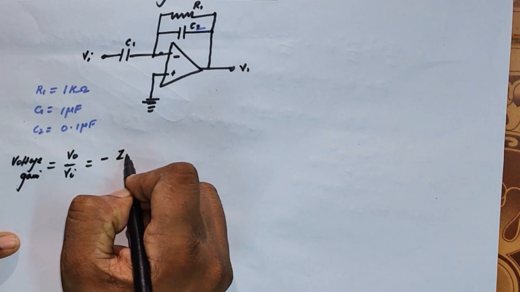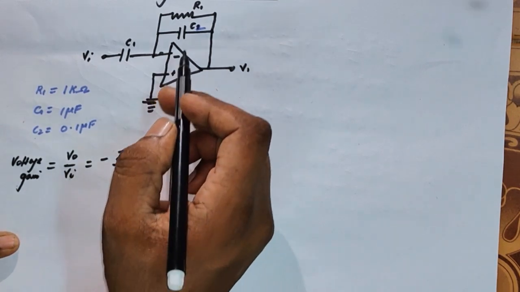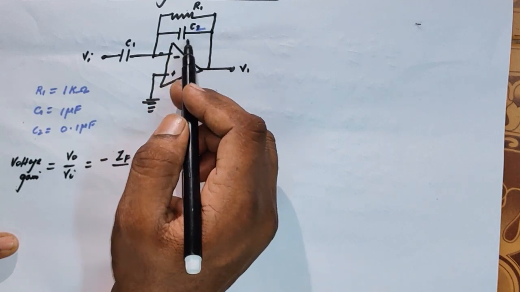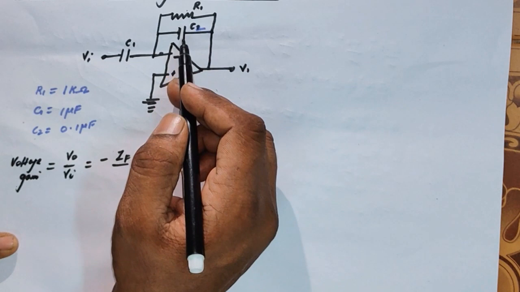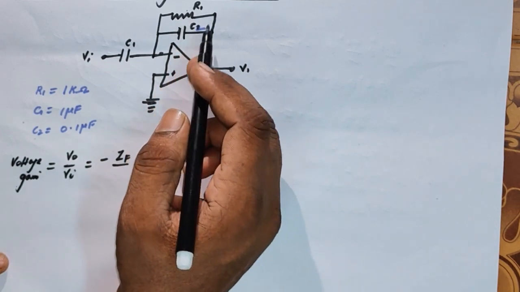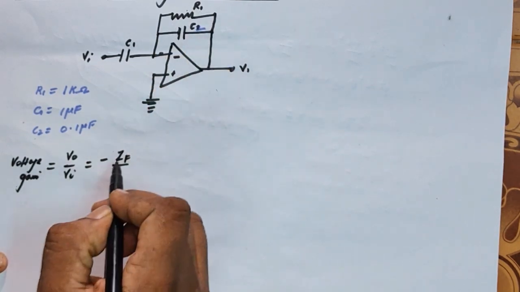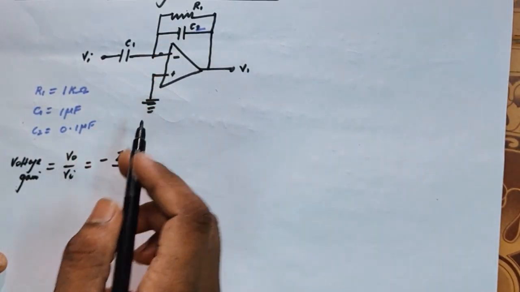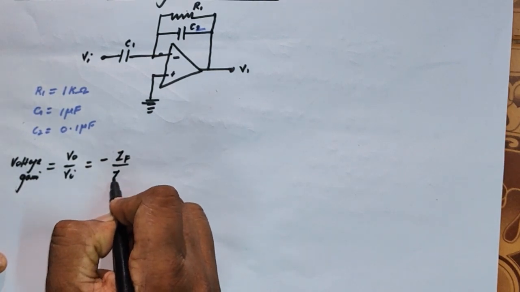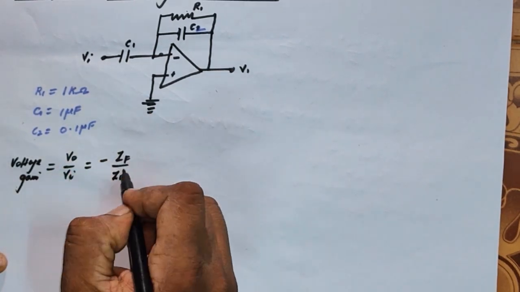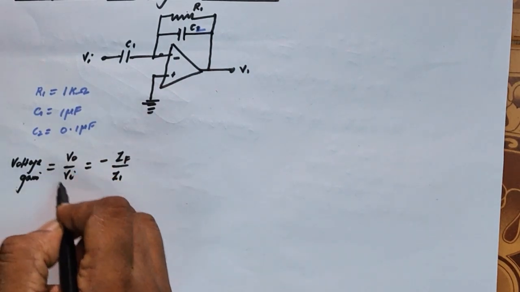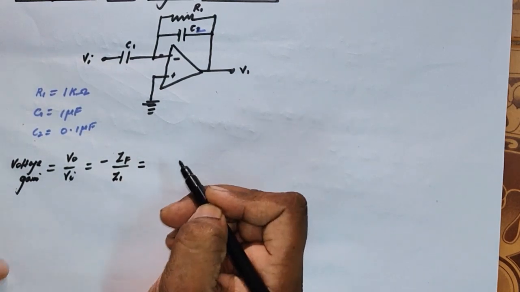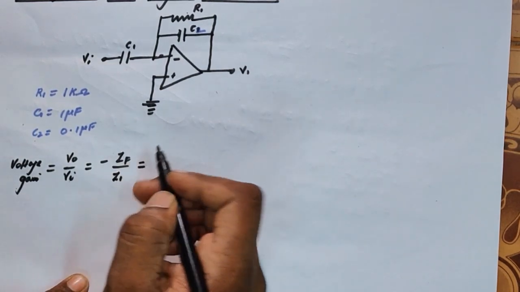That would be equal to, in general, negative of the feedback resistor. Because here we are not using only a resistance, there is resistance R1 here, and here the capacitor is having an impedance. So these are parallel, so the net impedance of the parallel components we can call ZF, divided by the input impedance. Here also the impedance of the capacitor is Z1, you can call. This is in general the voltage gain of the inverting amplifier. So first we need to find what is the ZF.